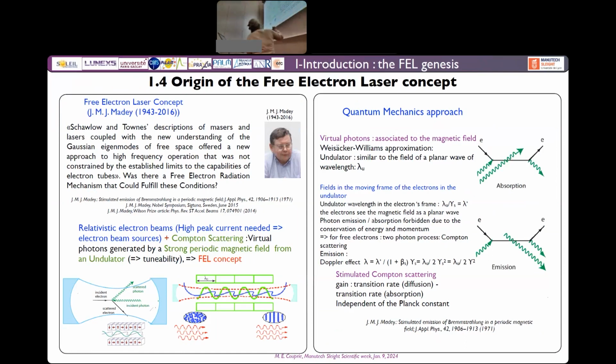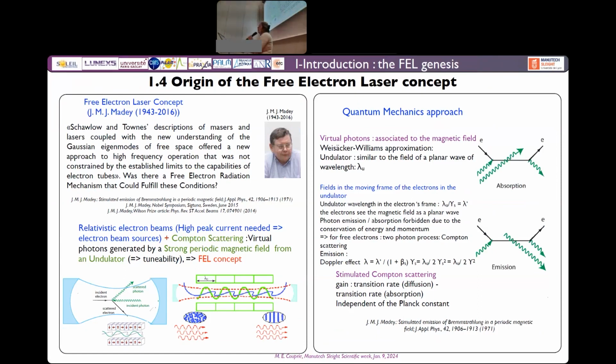So then he thought to use high peak current with an electron gun and to have virtual photons generated by a strong periodic magnetic field from an undulator. So then he thought already that it could provide tunability. So the concept that he was considering was Compton scattering with the incident electron and the incident photon, the virtual photon, with the undulator, and